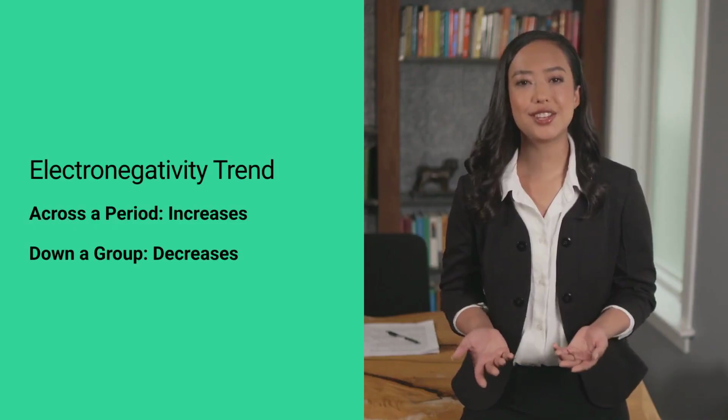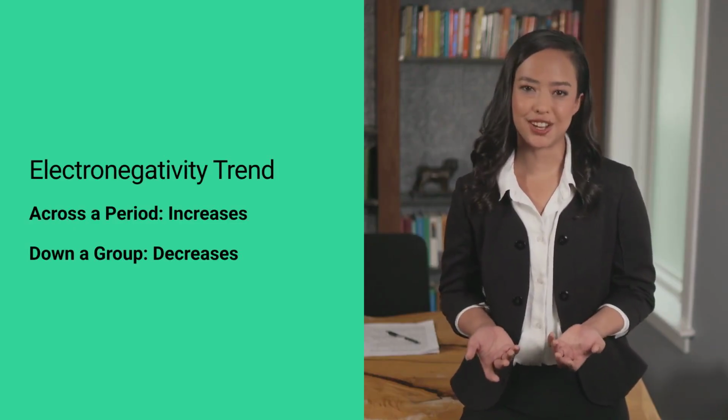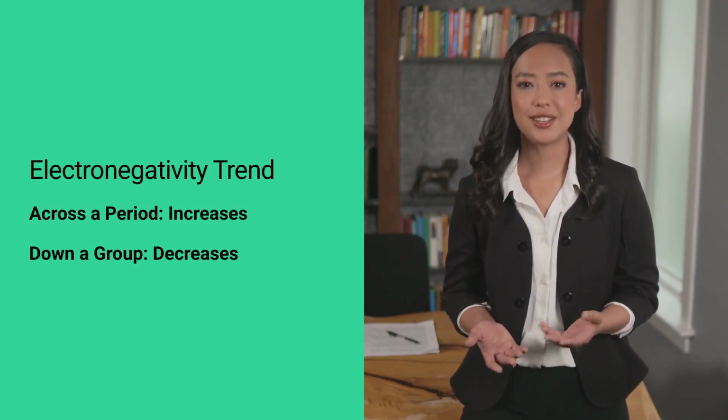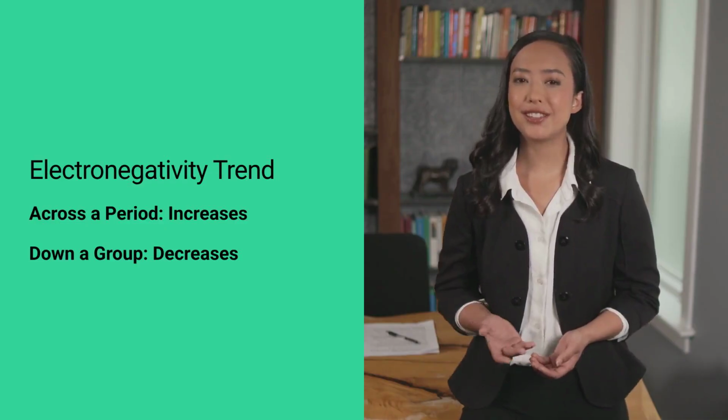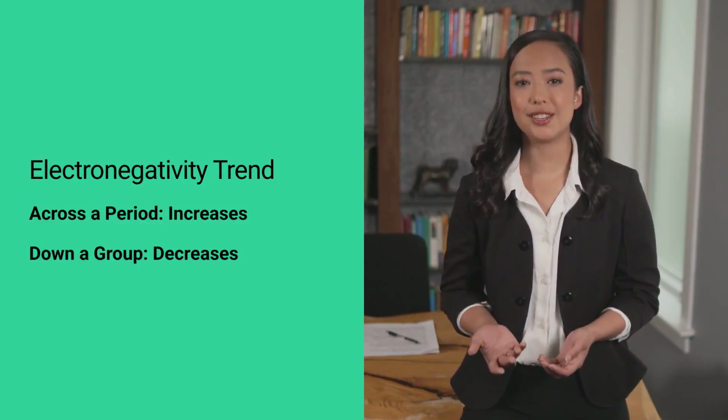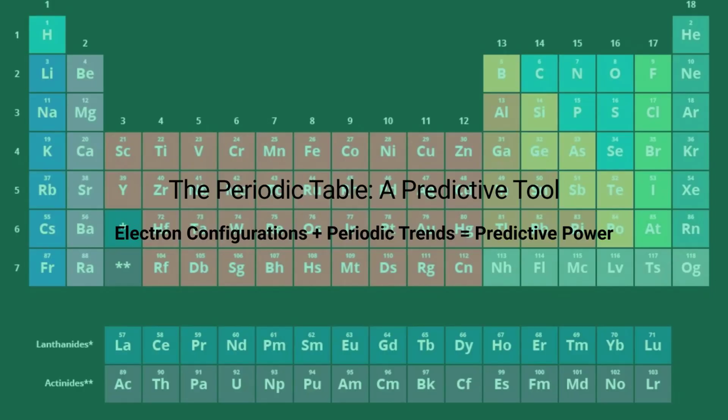Electronegativity generally increases as you move from left to right across a period as the nuclear charge increases. Conversely, it decreases as you move down a group, because the valence electrons are further from the nucleus and less attracted to it. By understanding electron configurations and visualizing these periodic trends, we gain a deeper appreciation for the periodic